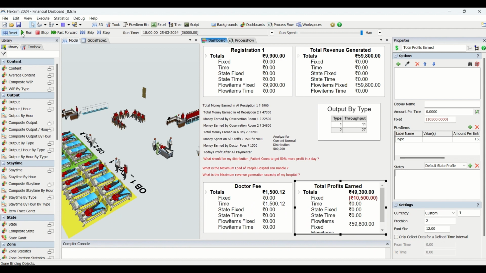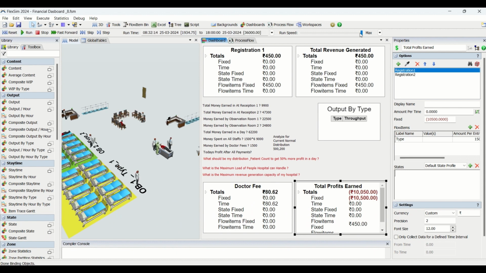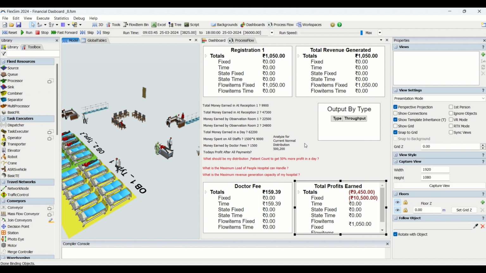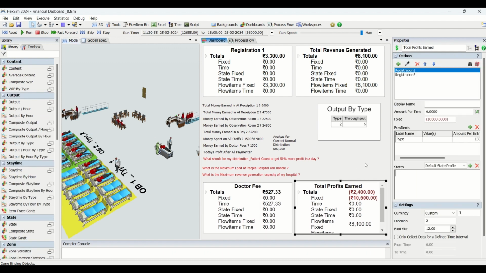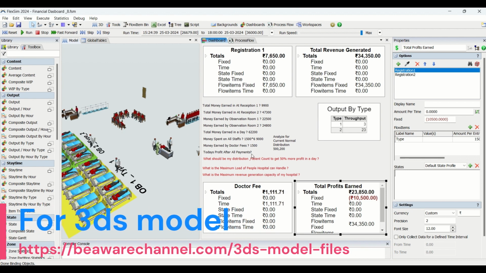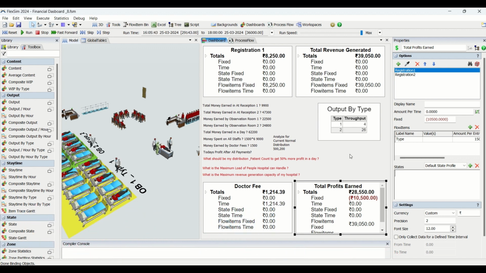But again, let us reset and run this model. So what we have learned now is that we have got a total profit generated, we have found out the doctor's fee, and we have found out the total profit earned when we subtract our expenses from our revenue generated. So we will have a total revenue generated, we will have our expenses subtracted, and then we will have a total profit after all of the payments. So this is our outcome of video 4, where we learned how we are going to apply